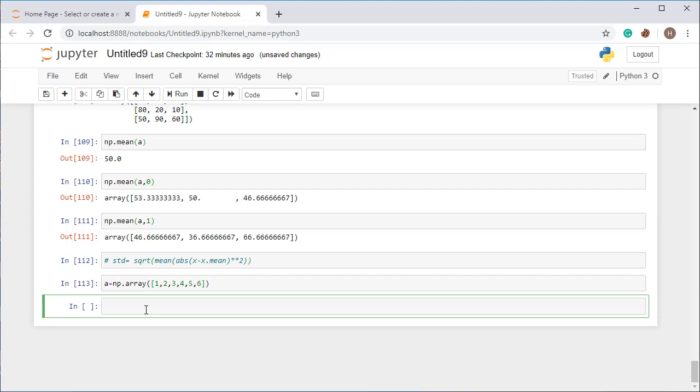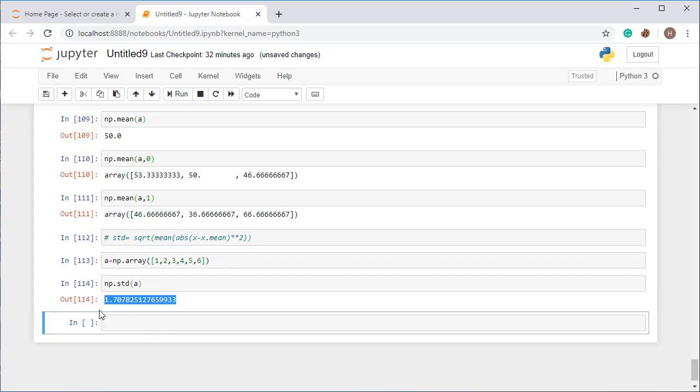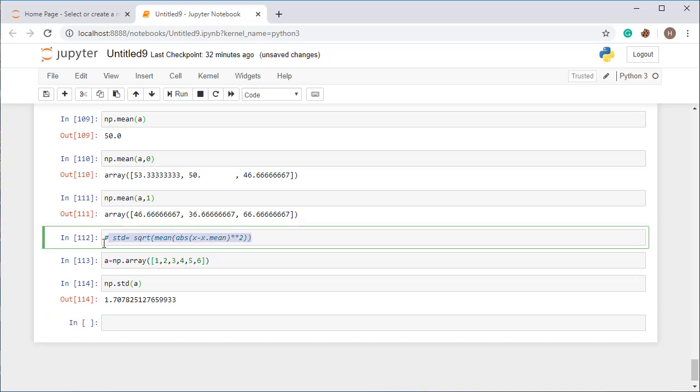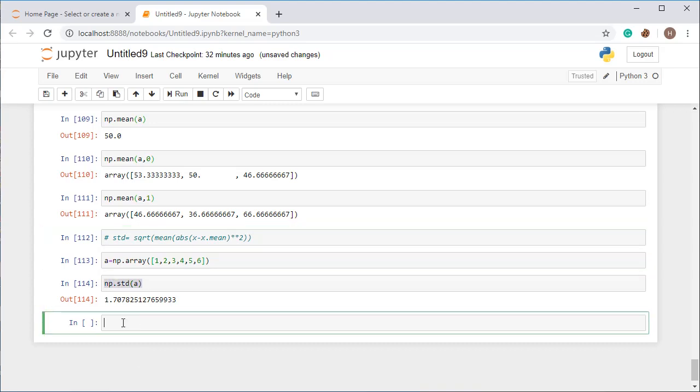I'm taking an array A. Now I am going to apply standard deviation on array A: np.std and then pass the argument A. So you will get the answer like this, 1.707778. You can also get this by calculating with the formula, but you can directly apply std. std is the function for standard deviation.